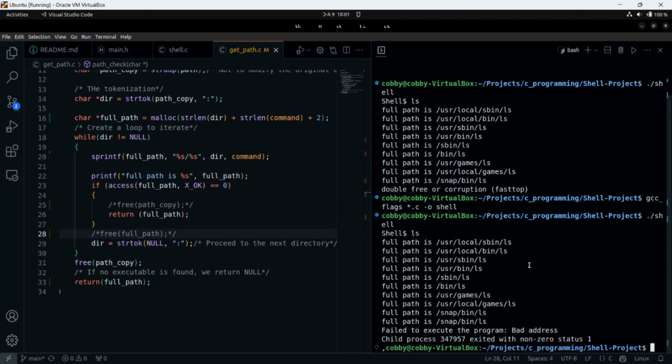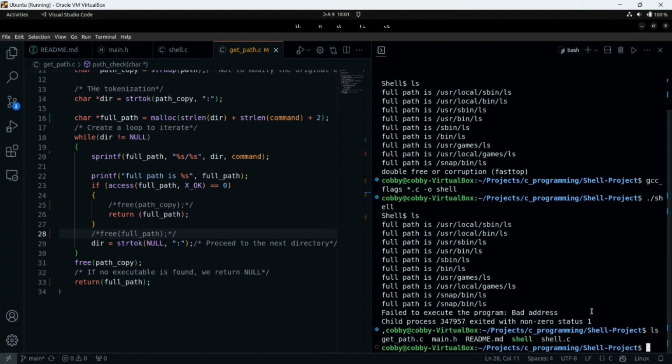So yes, I actually found a problem in our code, and this is the bug I was trying to solve in the morning before I joined the meeting. So this is the problem. I hope you guys understand what is happening here. The reason we are getting the failed to execute program, bad address. I hope everyone understands. So for now, let me just pull.